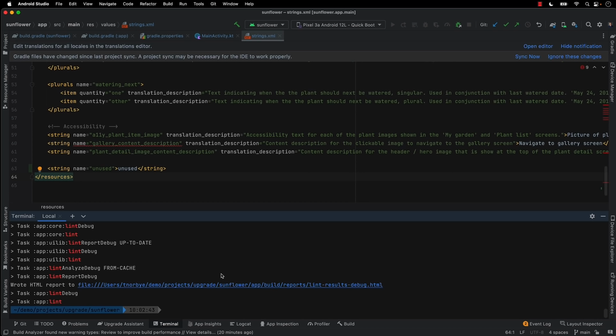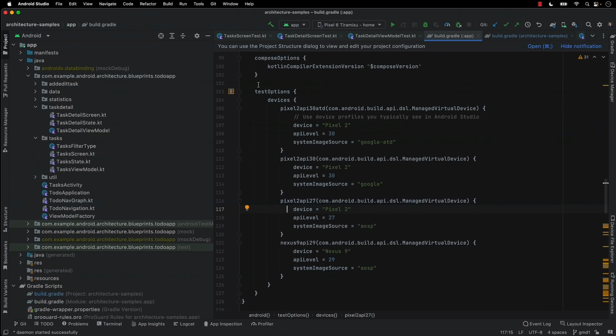And that's also the case for instrumentation tests with the emulator. Instrumentation tests are more powerful and accurate than unit tests because they run a real Android environment. But historically, they've been very slow and cumbersome to configure. You have to do manual setup of emulators on the test machines. They take much longer to boot and run and so on. But with our new Gradle Managed Devices feature, we're working to solve this.